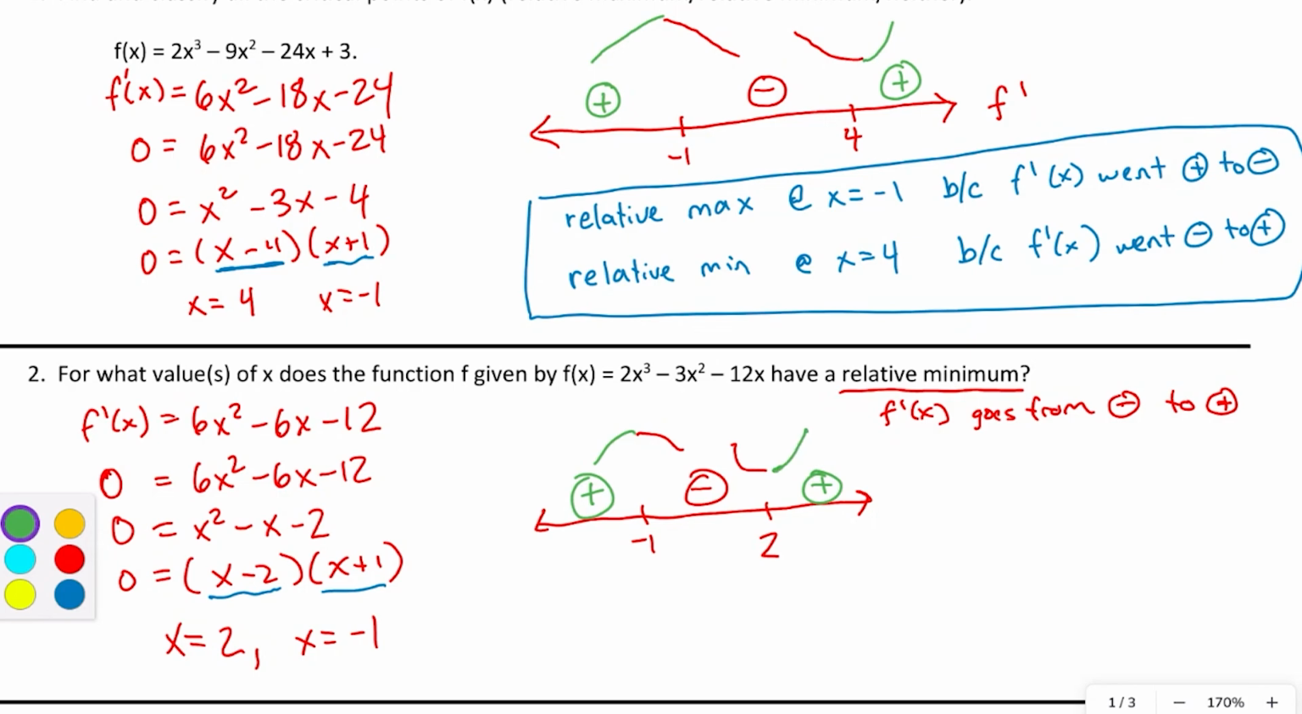For what values of x does this have a relative minimum or a local minimum? Those two phrases mean the same thing, local and relative. You can kind of use them interchangeably here. But we have a relative minimum at x equals 2 because the derivative goes from